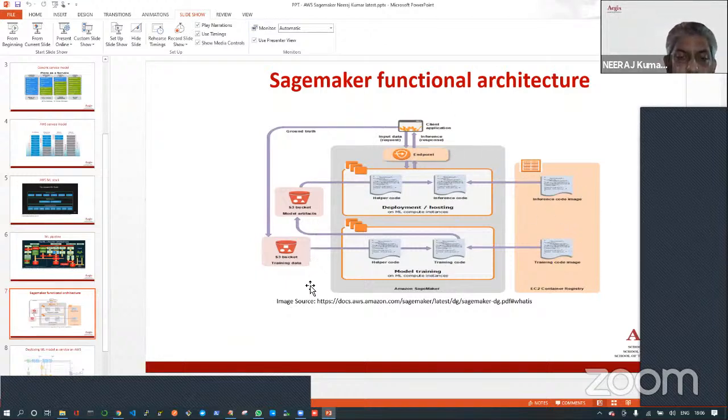So let's start from the left hand side, right? You can see that there are two buckets given here. These buckets are the source through which you can provide the data to SageMaker. SageMaker automatically picks the data from this bucket. You should not be bothered about how it will be picked. You just have to provide the location of the bucket. We'll see in the demo session how all those things are done, right? And when it puts the data, it puts it within the container.